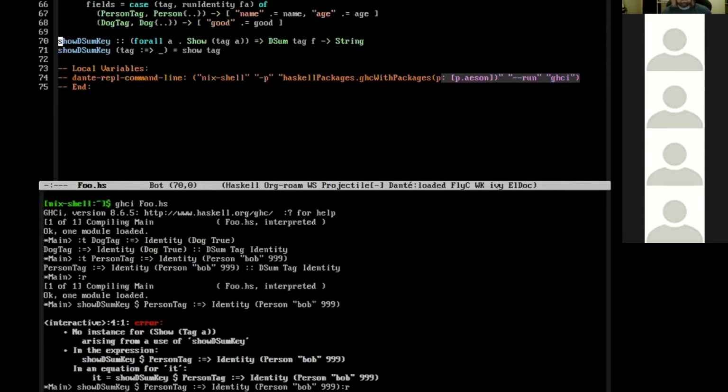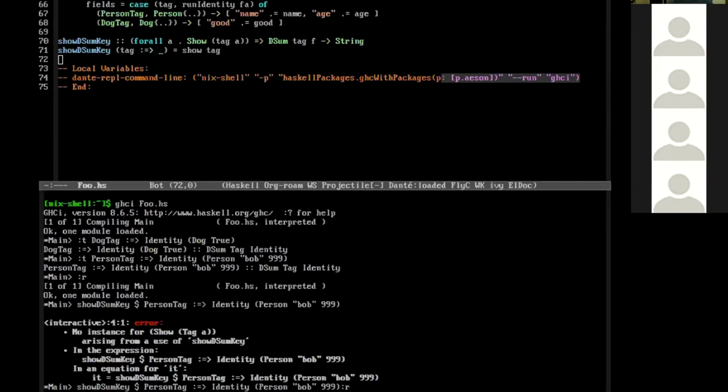But dealing with the value side, so the right-hand side of this arrow, is still a little bit harder. So what do we need to know to actually work out what constraints we need for some tag and some A?